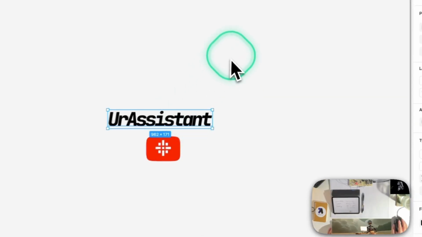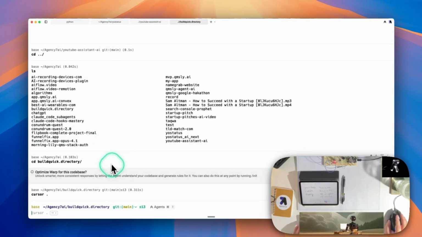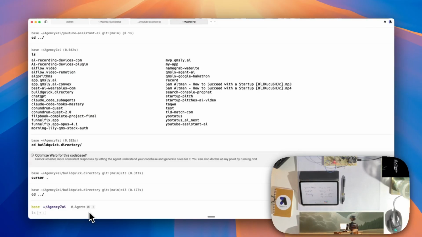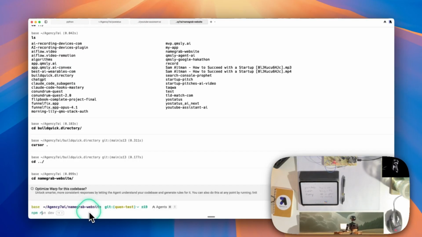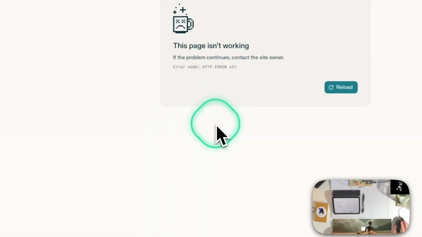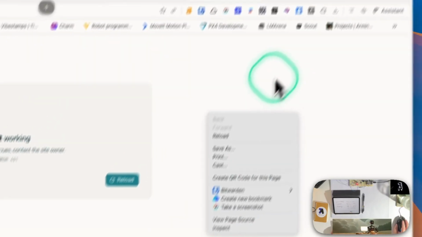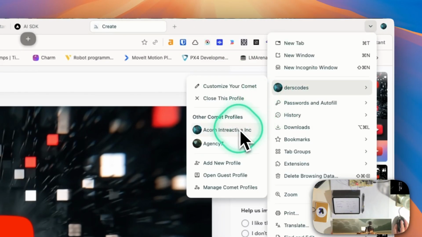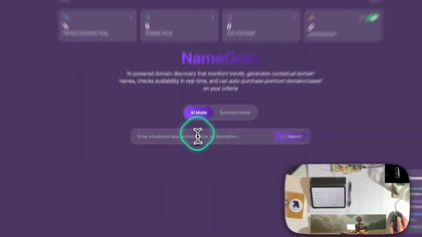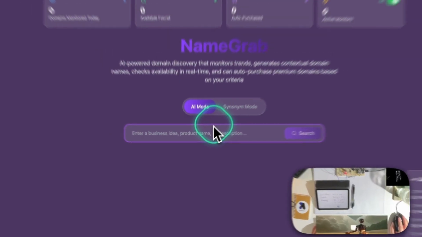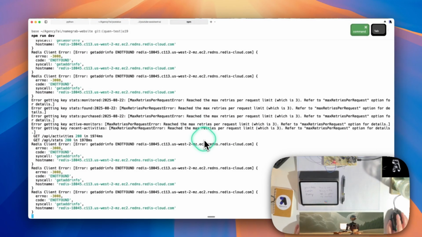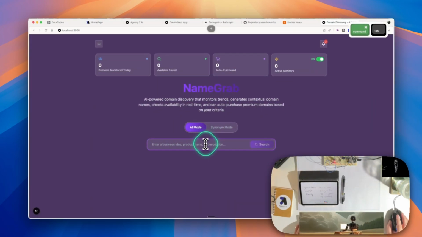The other thing we can do is use an app that I've been working on to come up with names for domains, Name Grab. npm run dev, and if it starts firing, oh, I remember there was something in this profile that was having an error with localhost. And it's just that profile. I don't know why. So this is Name Grab. It's an agentic domain search that I'm working on. So let's just search